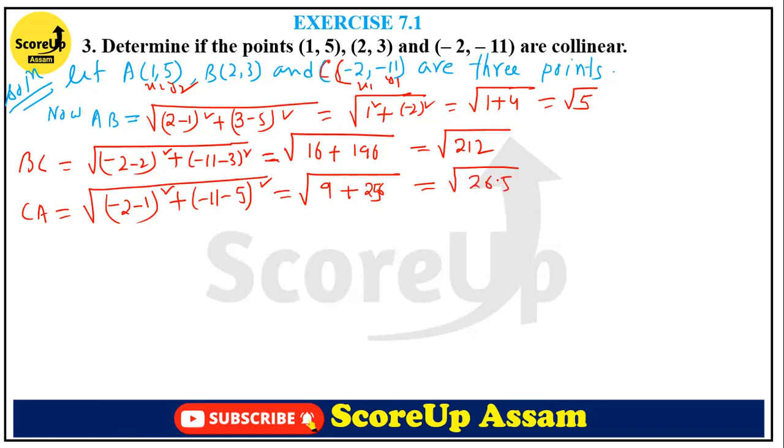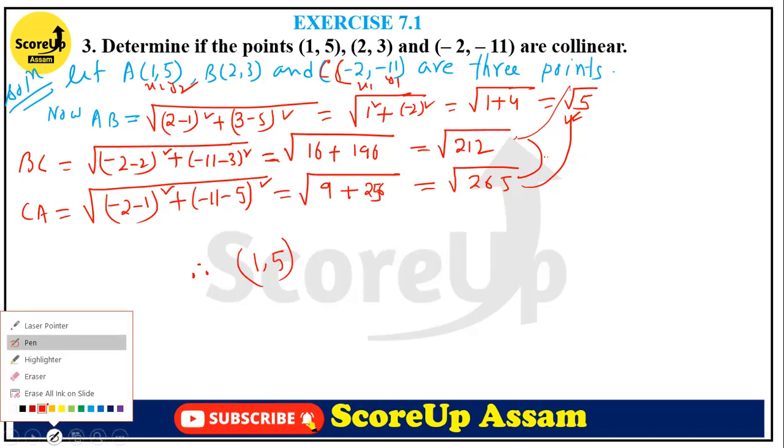265. Now if we add this plus this, then the sum of this will be greater than this. If we add this plus this, then the sum of this will be greater than this, right? So that's why these 3 points are not collinear. Therefore 1, 5